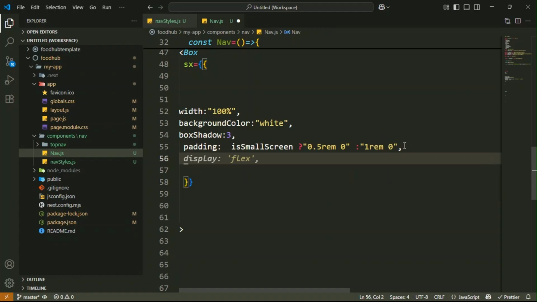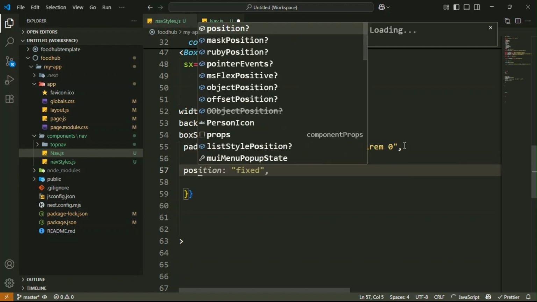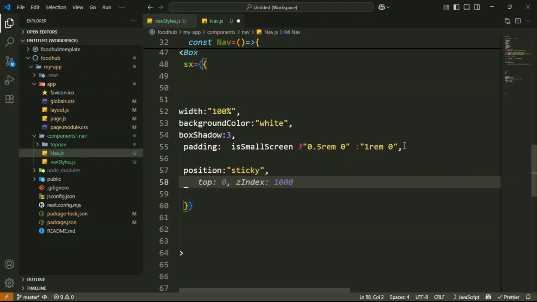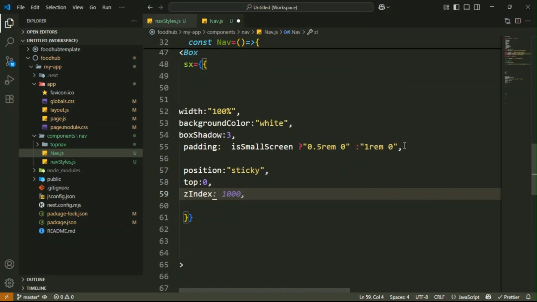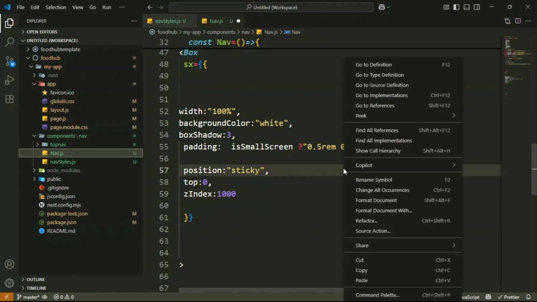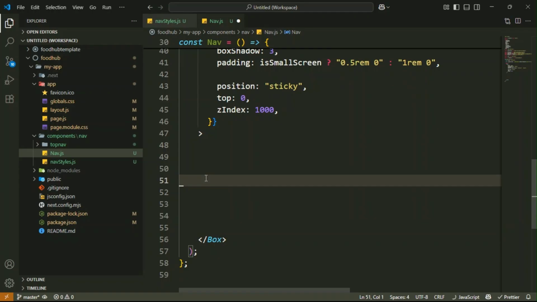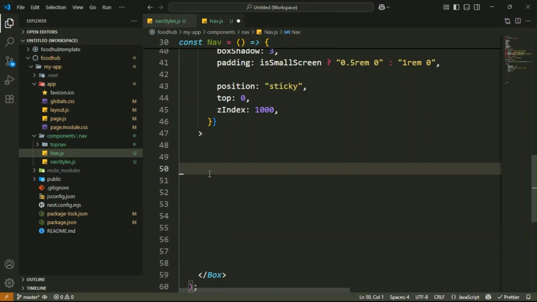Okay, then you have to write the comma. After that here we have the position is sticky. Position, it is sticky. And then for the top here, top it is 0, then z-index 1000. So format the document. Okay, so here go inside your Box component, then we have to create the header